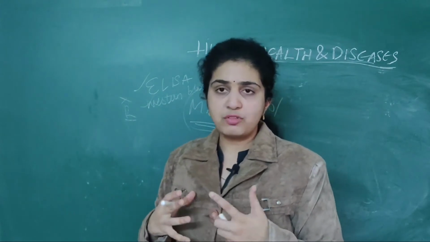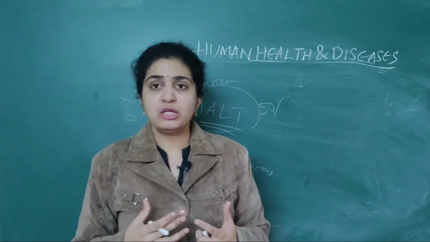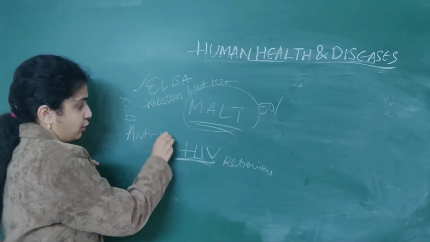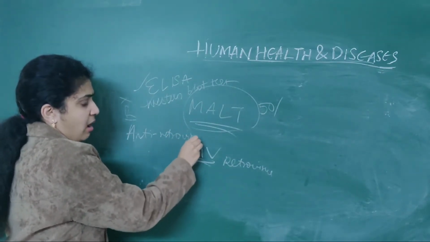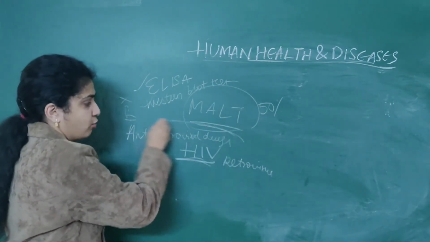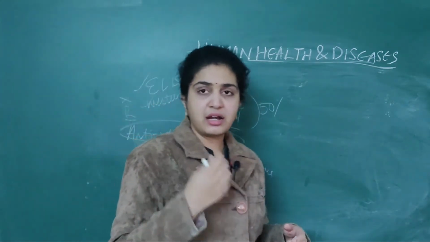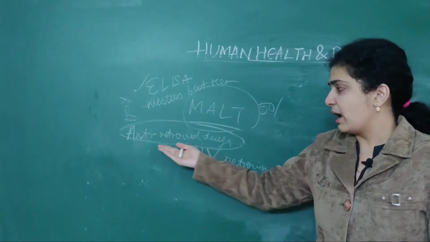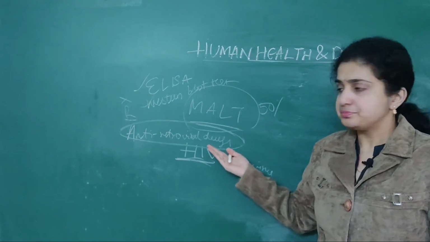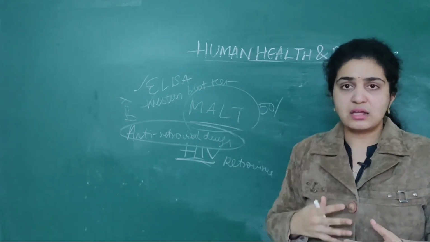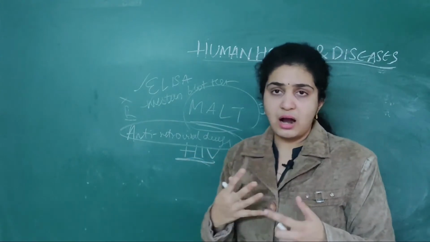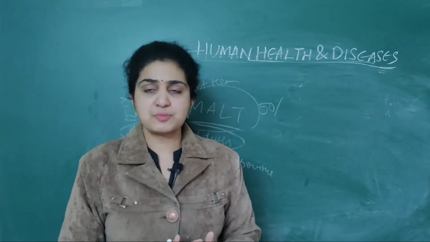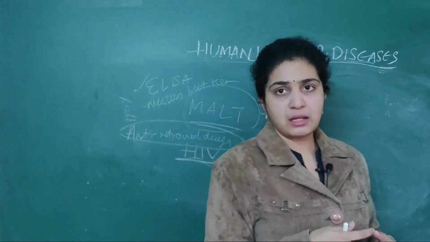And the lifespan of the person can be prolonged by using antiretroviral drugs. How did this name come, antiretroviral drugs? Normally, retroviral means what? It is caused by a retrovirus, right? So that's why antiretroviral drugs means they are acting against the retrovirus, but these can't prevent the person from dying, they can only prolong the lifespan of the person.